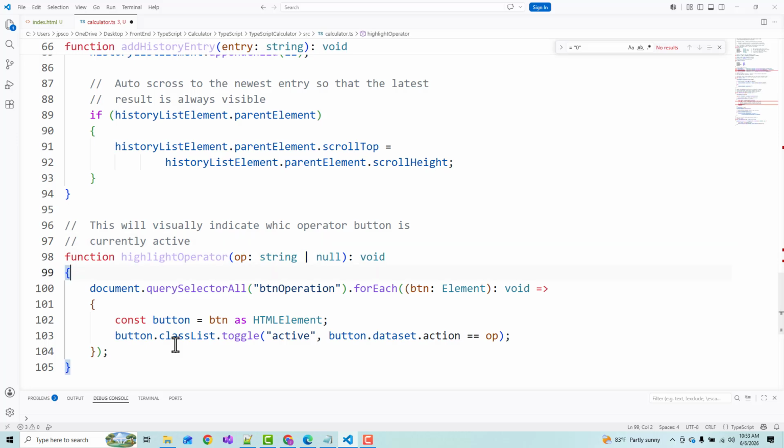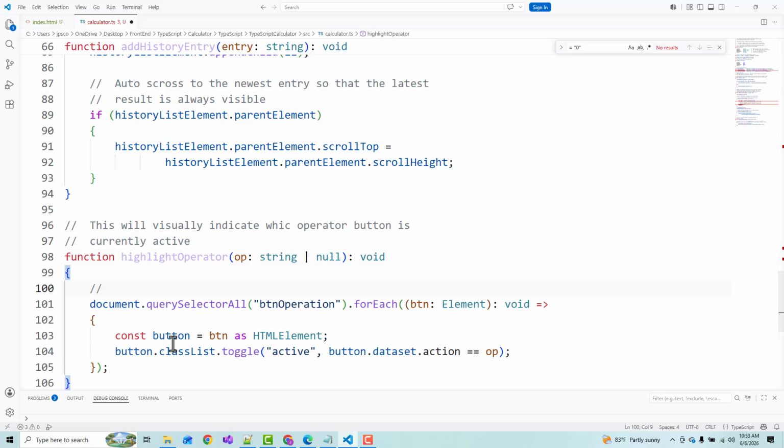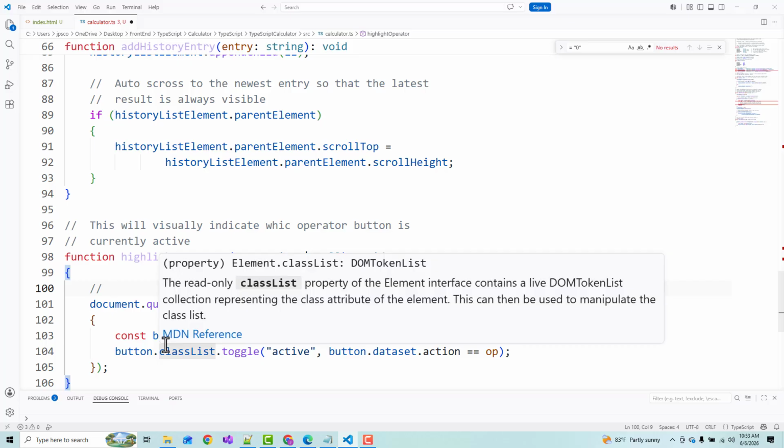All right, and this is a little confusing. Okay. What we're going to do in here,